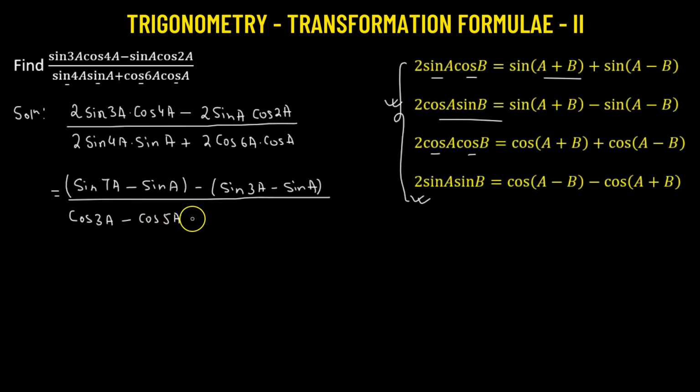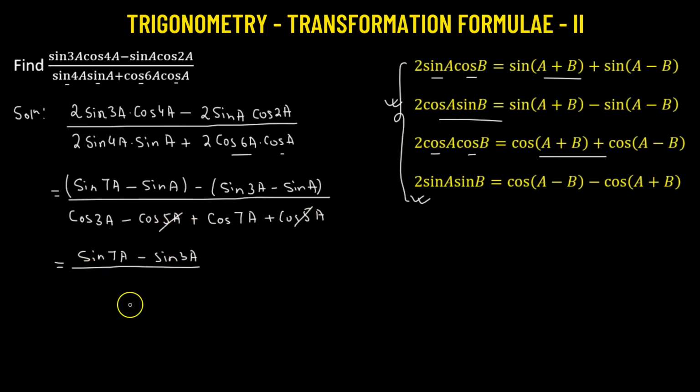So that's 5A. Added to, now we have the product of two cosine functions, which is going to transform as the sum of two cosine functions. So we have cosine of angle 6A plus A, that's going to be 7A, added to cosine of 6A minus A, so that's 5A. Now clearly some of the terms will get cancelled out. In the numerator we have sine A cancelling out, so we are left with sine 7A minus sine angle 3A, whole divided by, we have cosine of 5A cancelling out, so we are left with cosine of 3A plus cosine